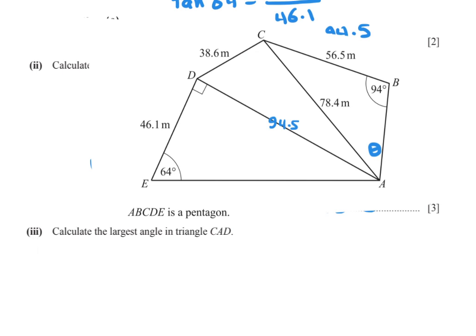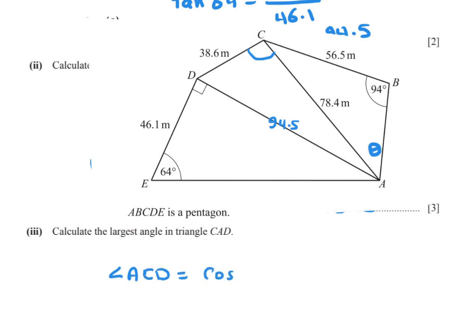Part iii, calculate the largest angle in triangle CAD. In this triangle, we have the three sides. The largest angle is opposite to the greatest side. We have 38, 78, 94. So the angle which is opposite to the greatest side, angle ACD, is the largest angle. To find this angle, angle ACD